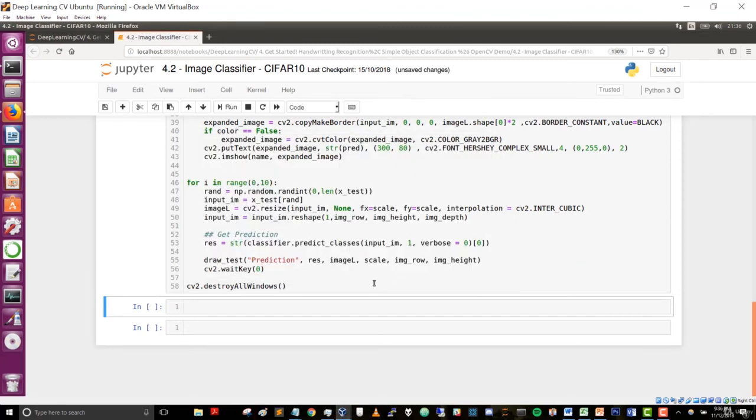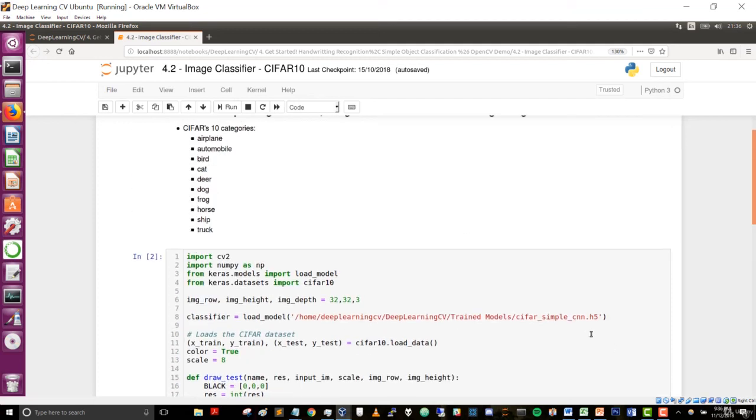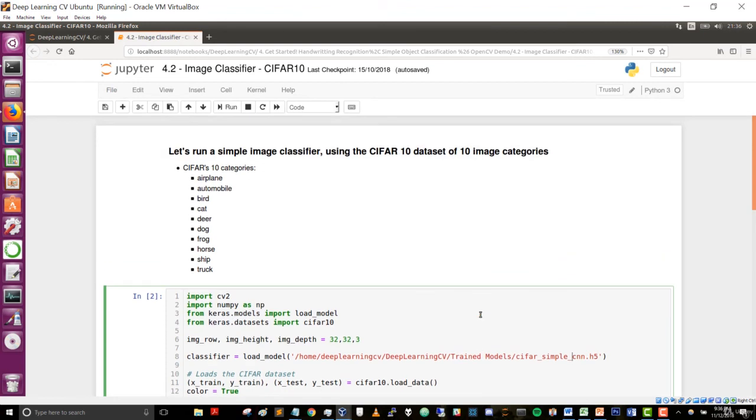So, as I said, this model I trained here isn't a very good model. I think the accuracy I got on this one was 60 or 70%. I actually could have got a lot higher if I left it for longer. Probably didn't want to. But it gives you a good idea of the limitations of training a model for a short period of time, which was this, and this was called CIFAR Simple. I think I used a very simple CNN for this one. And later on in the course, you're actually going to use far more complicated models that we're going to train for a longer time to get even higher accuracies on these